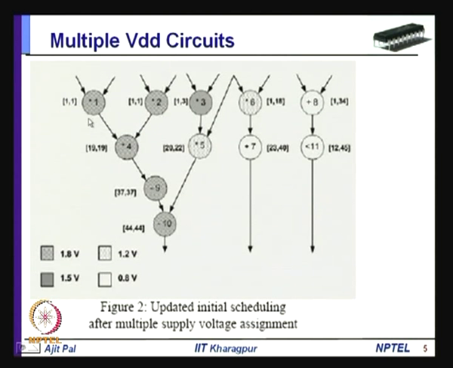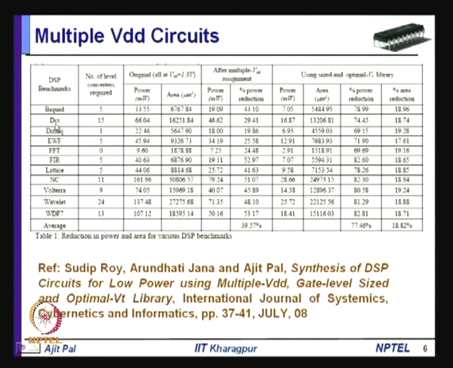So, in this way, you can see in the allocation step, we can allocate different types of multipliers, adders, comparators to different operations. This is also known as technology binding. Technology binding means by what type of circuits you are realizing a particular operation. And as you do this, there will be a significant reduction in power dissipation, as shown in this particular table. Here you can see a large number of DSP circuits have been compared: biquad, DCT, differential equation, FFT, FIR filter, lattice and so on.